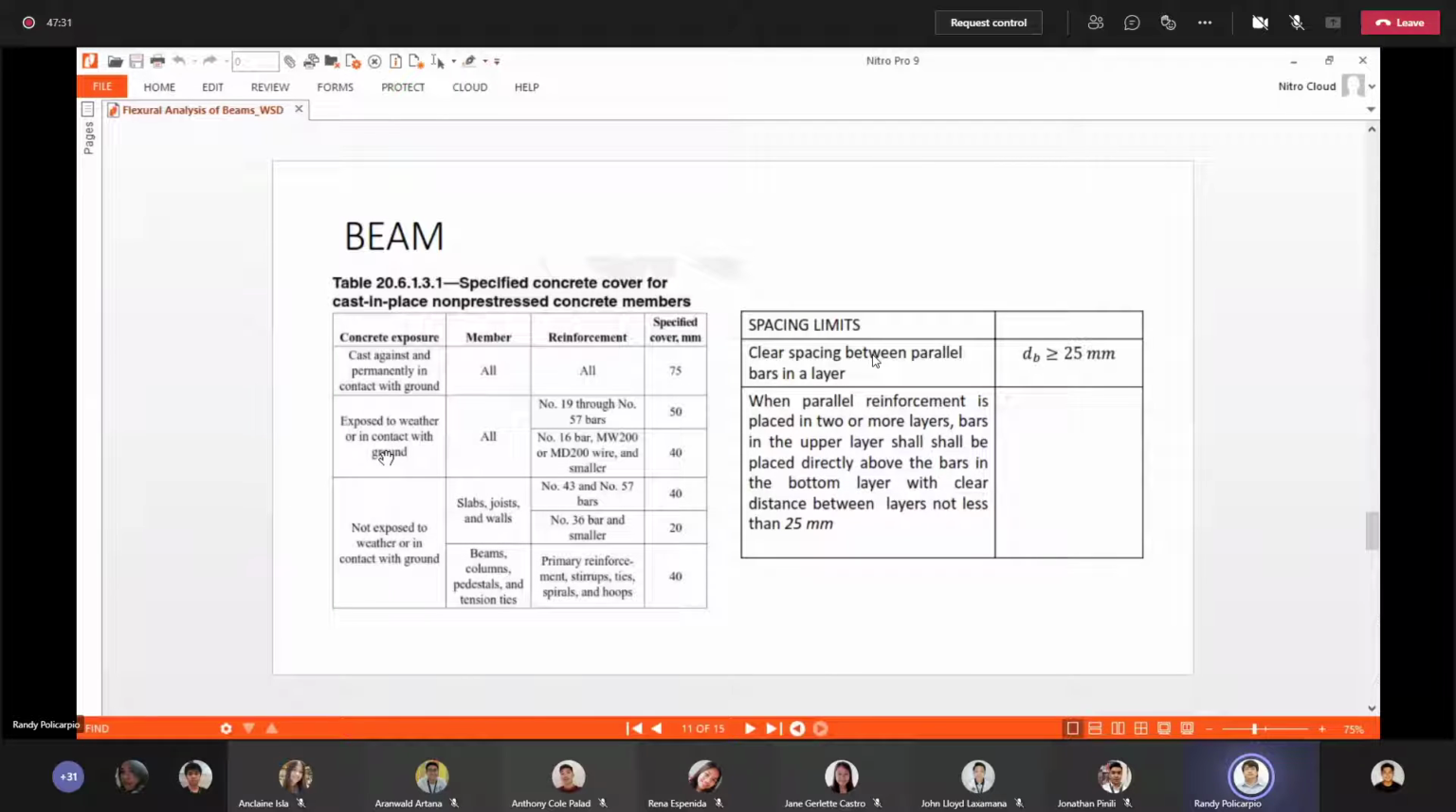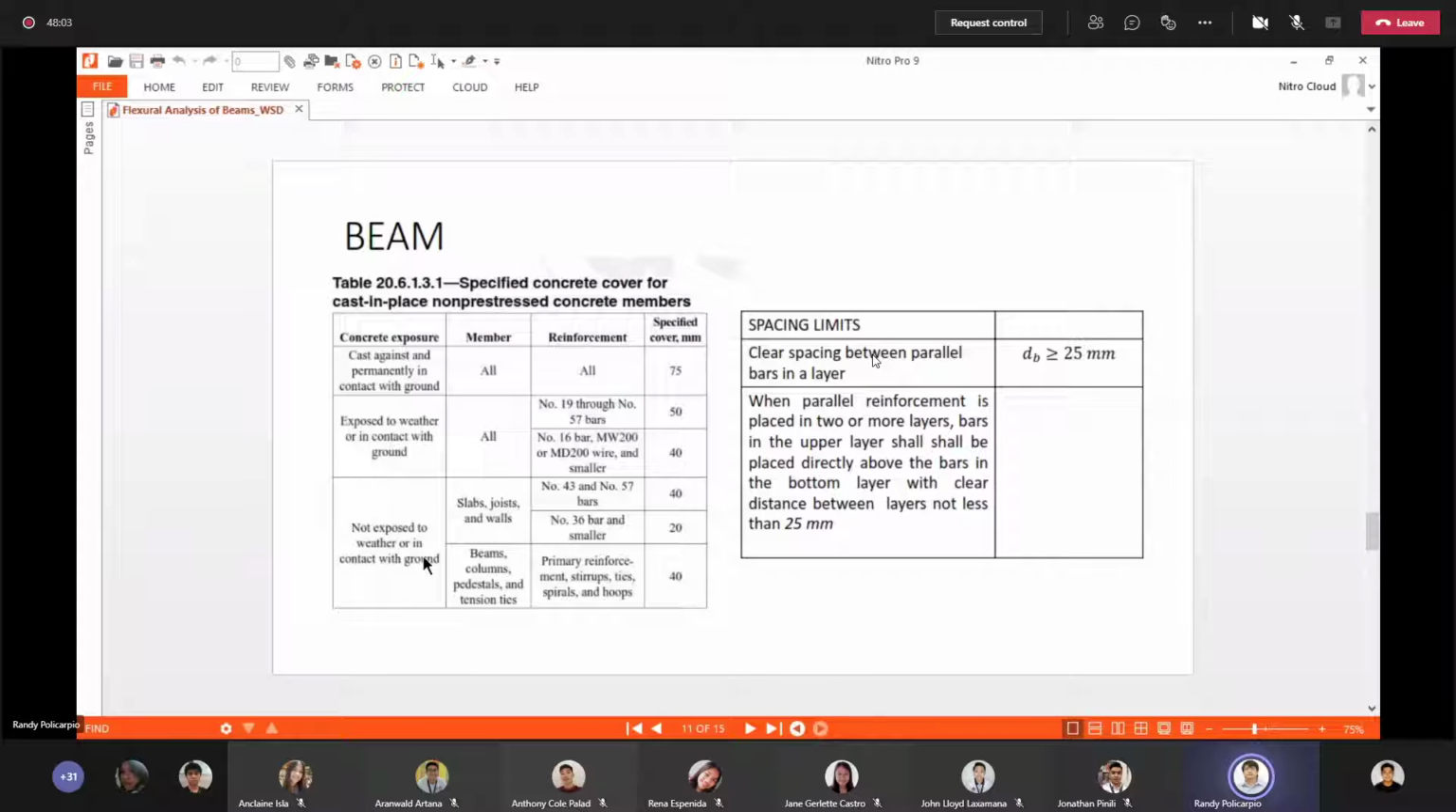So 75 yan. Kapag exposed to weather or in contact with ground, kapag yung bakal mo 19 millimeter up to 57 millimeter yan, 50 millimeter yung concrete cover natin. Kapag naman yung bar mo 16 and below, 40 millimeter, no? Now for